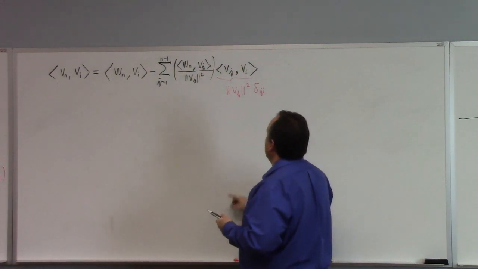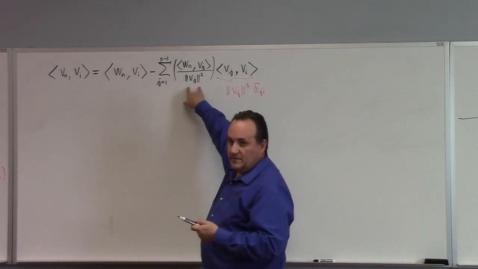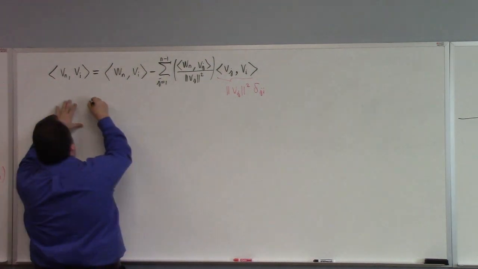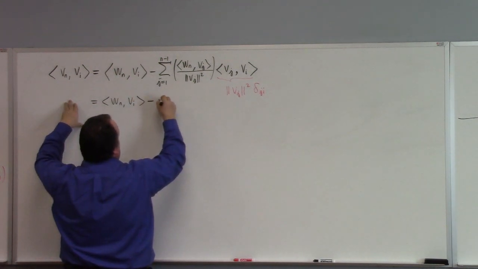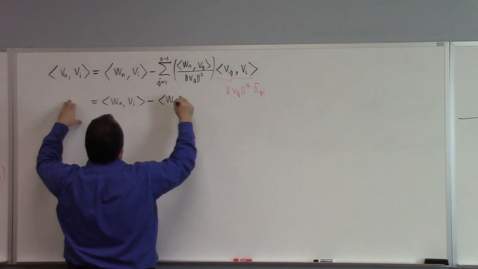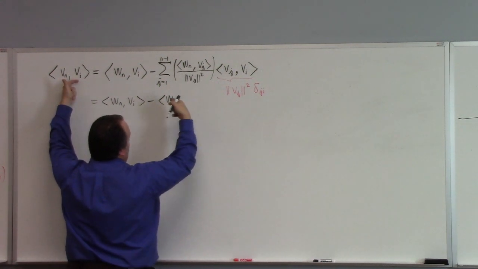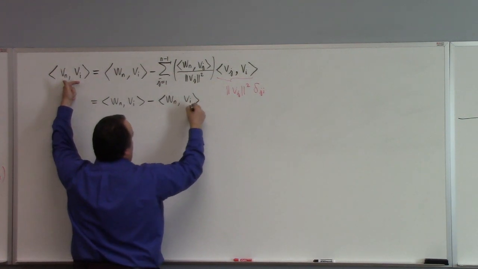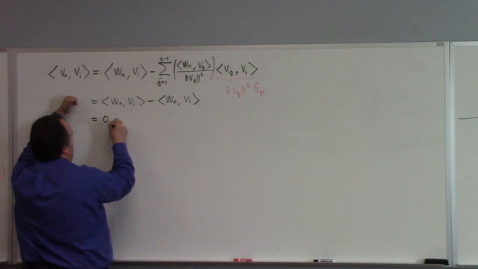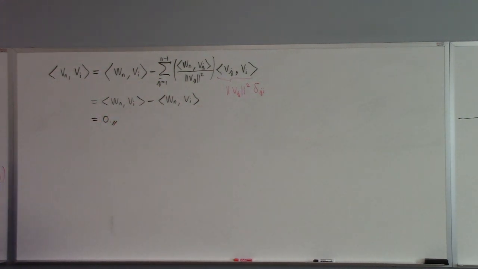So what happens is this and that cancel, and this simply becomes Wn with Vi minus, well, here i is fixed but arbitrary, so we keep the i, we lose the summation over j, and we just get Vi, which of course is 0, and that completes the proof. So therefore, we've shown that Sn prime is an orthogonal set of non-zero vectors, right? Therefore, it forms a